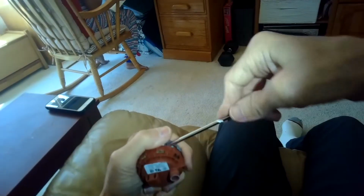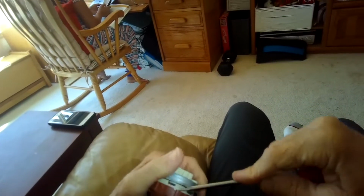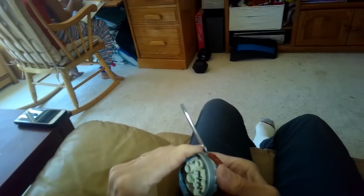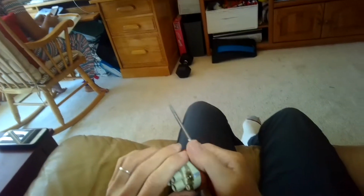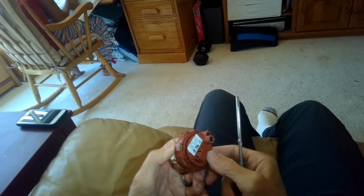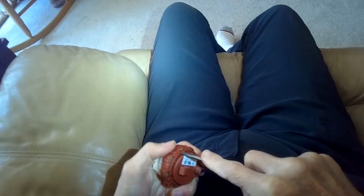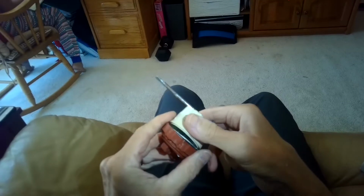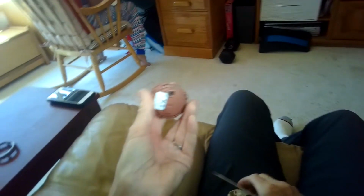Okay, get these separated. There we go. That outer ring off. And then separate these two halves. Looks like maybe you push them out here. Finally pry these apart. This comes out and you've got a membrane down here,